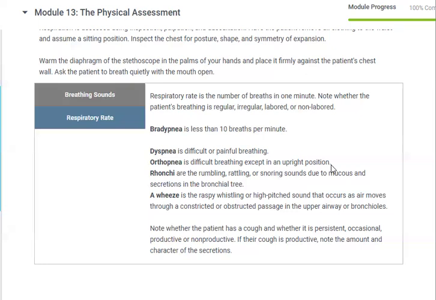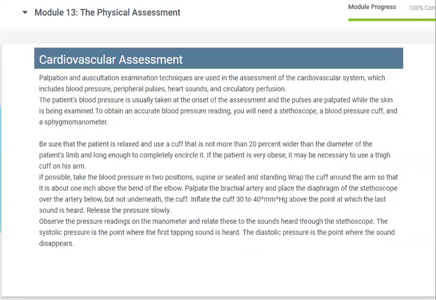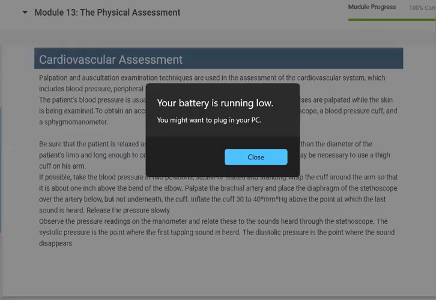Cardiovascular assessment. Palpation and auscultation examination techniques are used in the assessment of the cardiovascular system, which includes blood pressure, peripheral pulses, heart sounds, and circulatory perfusion. The patient's blood pressure is usually taken at the onset of the assessment and the pulses are palpated while the